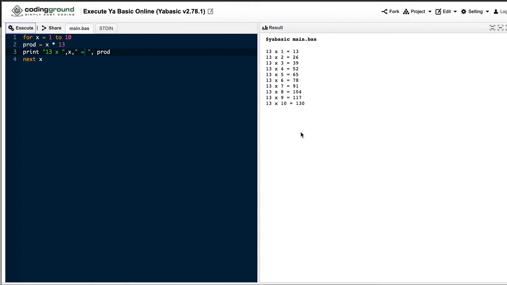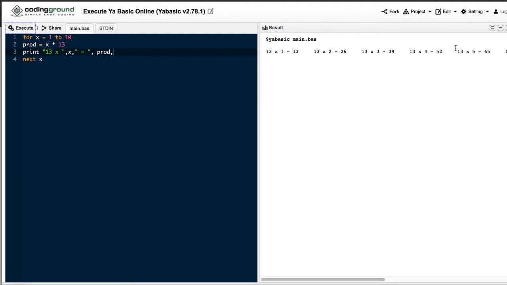Is that clear? Okay. Had I put a comma over here, now what do you think will happen? They would come in the same line like this, right? It has gone somewhere, right? Get the point? So I hope you understood what a loop is and how it is producing.